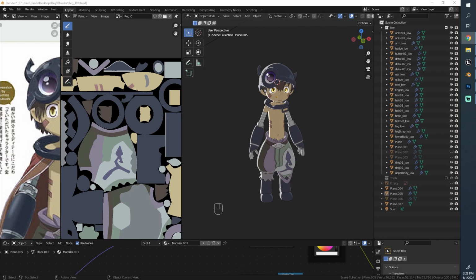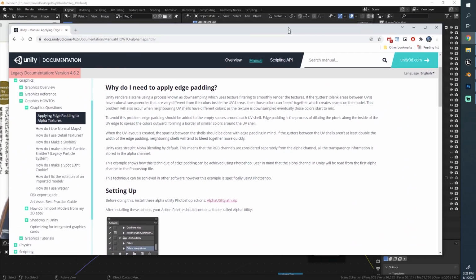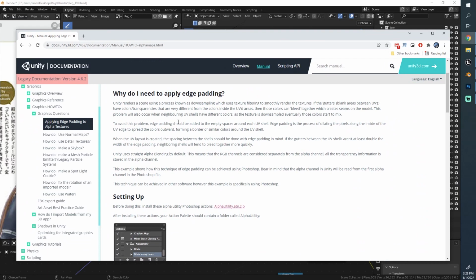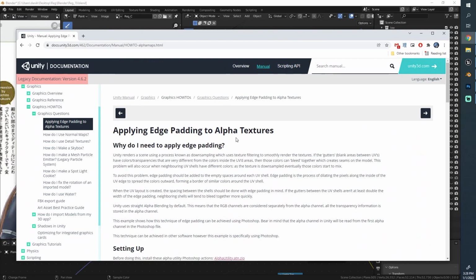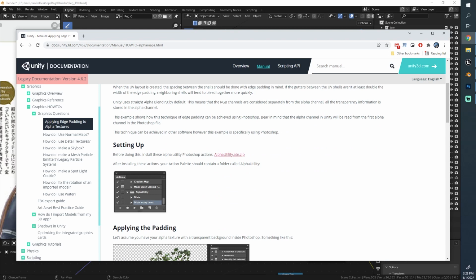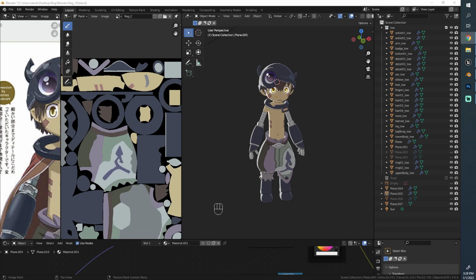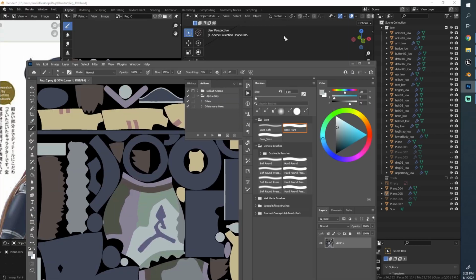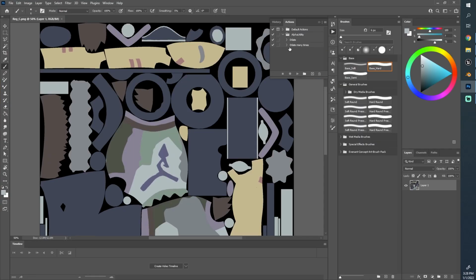Well, I had to look around a little bit, but I found this article on the Unity documentation. Maybe look for this header and you'll find it. And you'll find here in the setting up section a download link to an alpha utility, which you can download and import to Photoshop. And once you do that, you just open your texture in Photoshop and use that